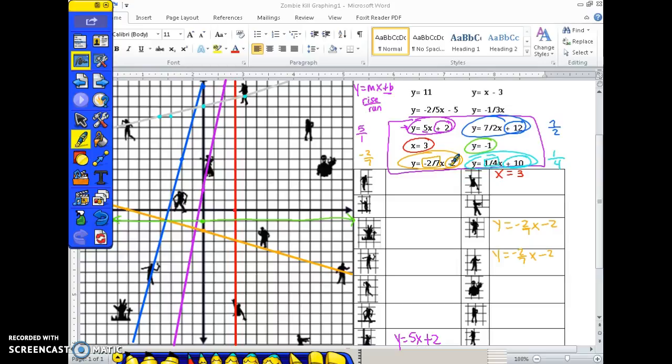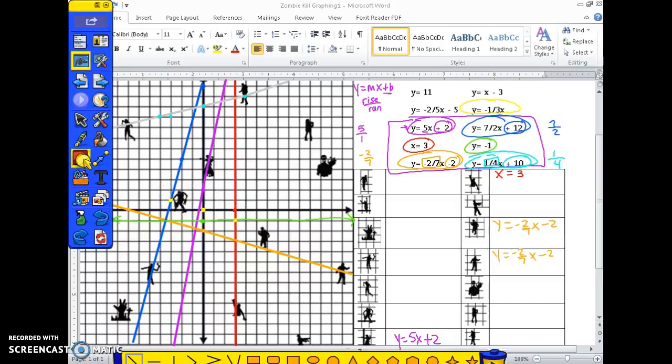I am going to do one more, simply because I want to make sure you know how to do this. When we have y equals -1/3 x, we always start at our y-intercept, but there's no number written there after the x. When all you have is your slope and your y and your x, then you're going to start at the origin. And once you plot the point at the origin, do what the slope tells you to do. Down 1 to the right 3, and then you can graph your line,